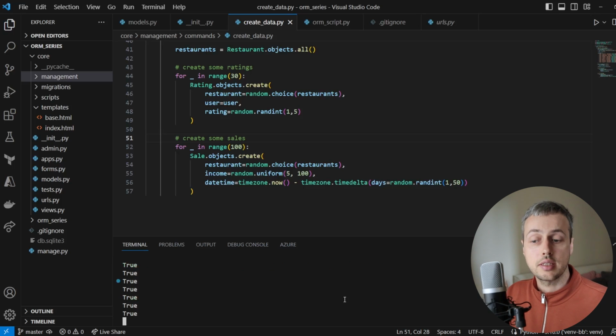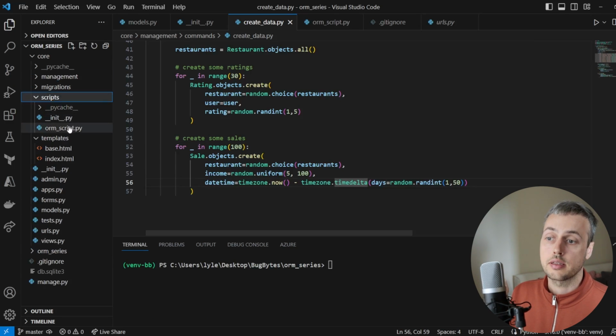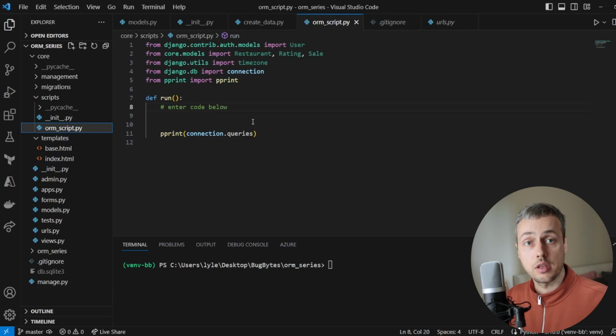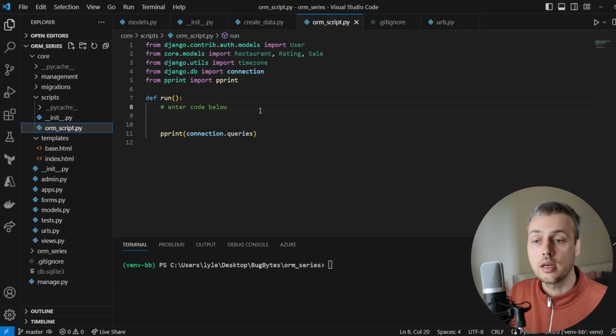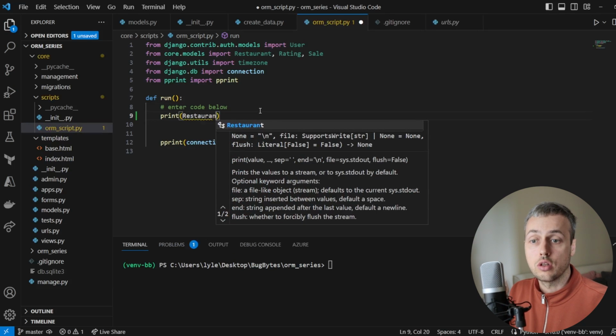That's going to then run this and add these objects to the database for restaurants, for ratings, and for sales. Now what we're going to do is verify that this has worked by going to our scripts directory and the orm script.py file. This is a script that we're running with the Django extensions run script command. What we're going to do is print to the terminal here the result of executing